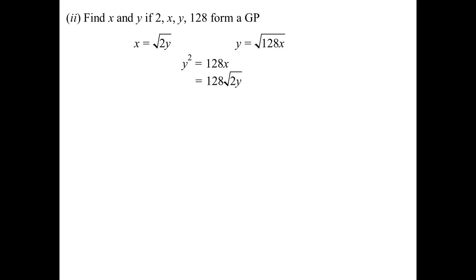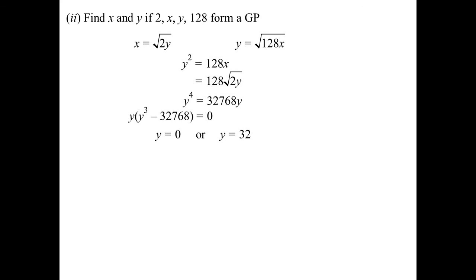So 128 root 2y. I'm going to square both sides to get rid of the square root sign. Y to the power of 4 is equal to 32,768y. Let's create an equation, move everything to one side, factorise it, equals 0, so either y equals 0 or